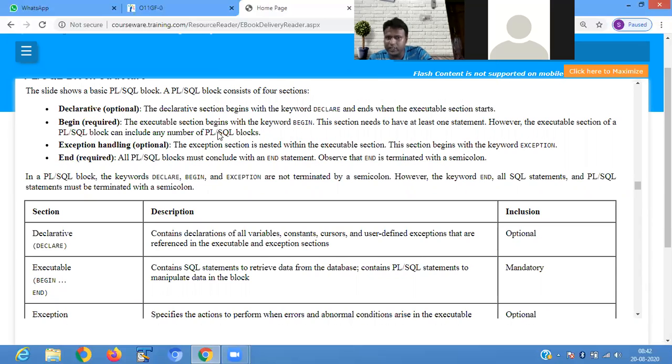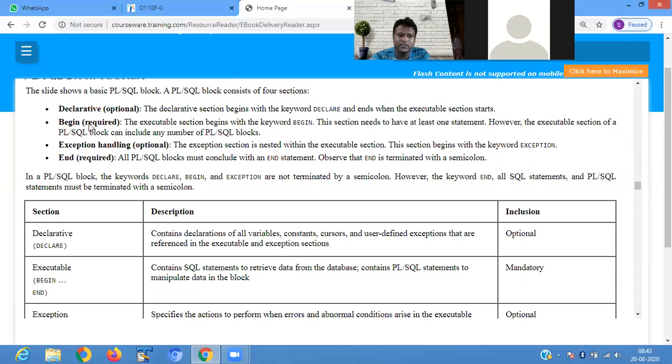Any PLSQL statement you have to write within the block, that is, the begin and end statements. There is an optional exception handling section, which is nested within the executable section. All PLSQL blocks must be completed by using the end statement.